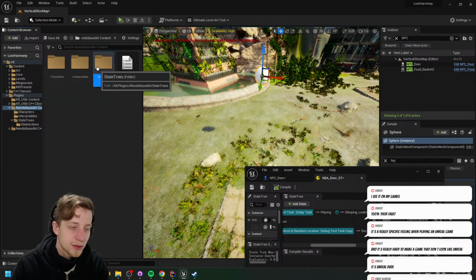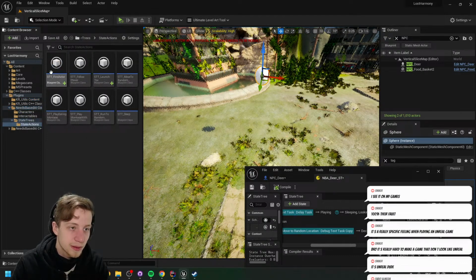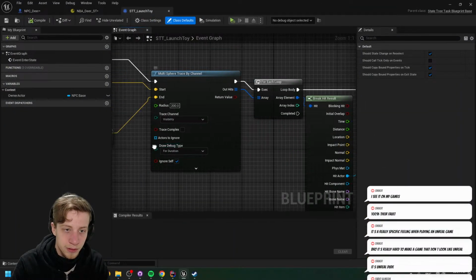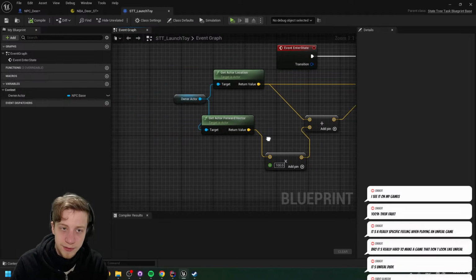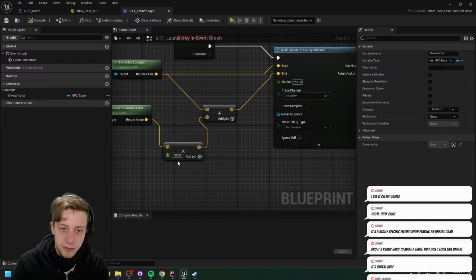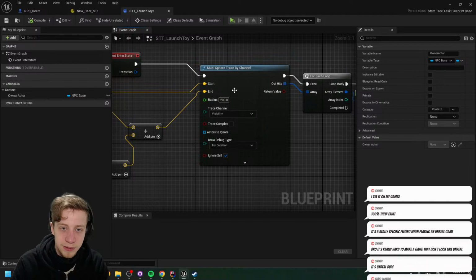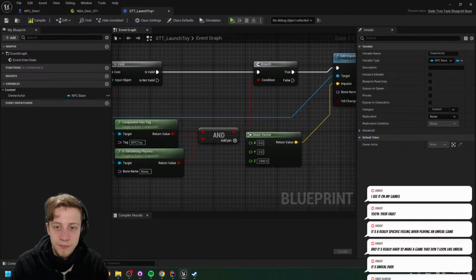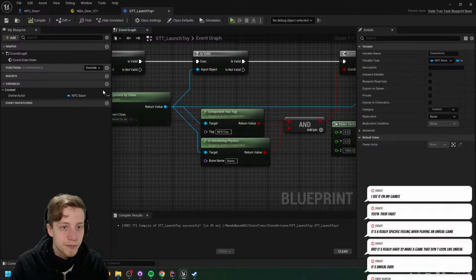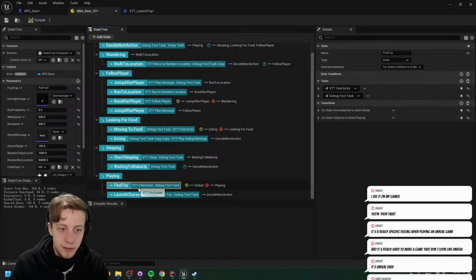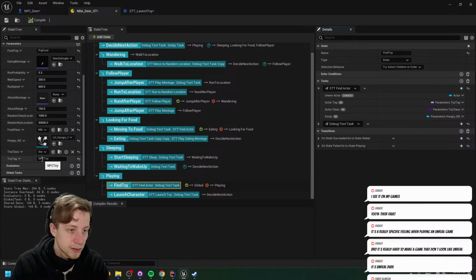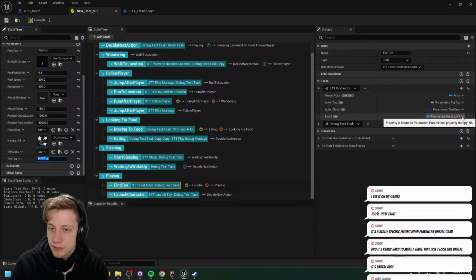Need space, but in that case it should never get out of that state, so it should be probably fine. But hey, launch toy. No, it should have run a sphere trace. We should have seen it from our character to about a meter in front of it, and 200 centimeters in the radius. This should have drawn it properly. Okay, something went wrong here. Let's look at our find toy. Toy class, which is static mesh actor and NPC toy. That's correct.